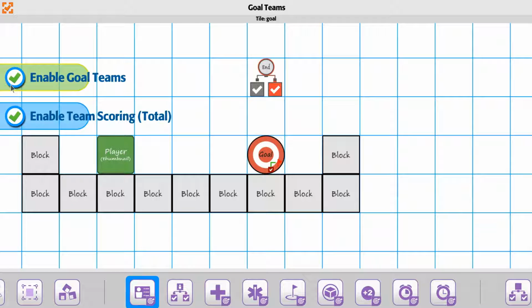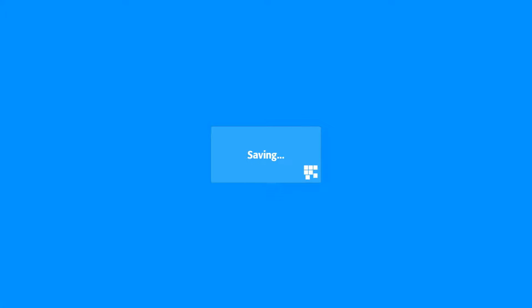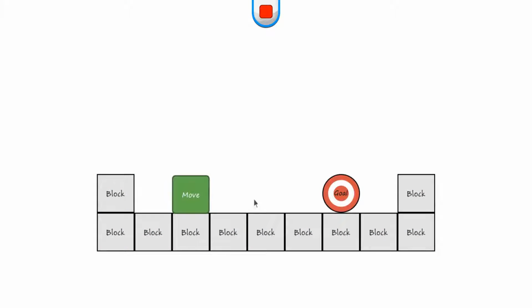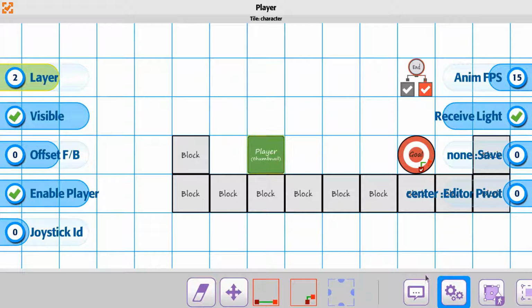So if you enable this just by itself, and then you put players inside the scene and you push play, remember you've changed this particular goal to a team goal, which means if the player isn't on a team, then even though he gets to the goal position, he's still not actually going to win because he can't win. In order to actually have a player successfully be part of a team, we want to go to the player's properties, and for the player,